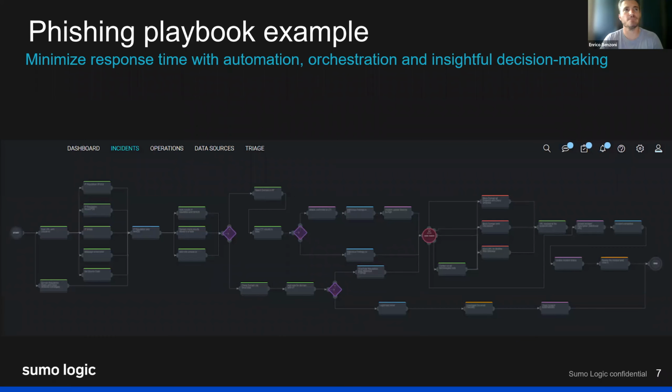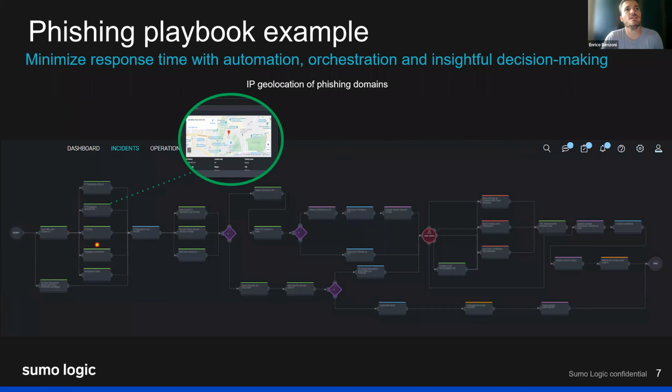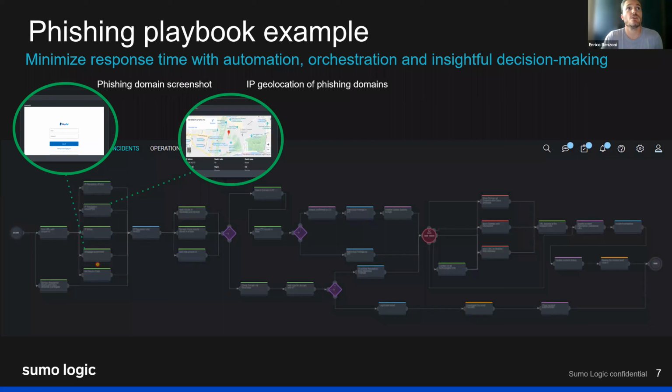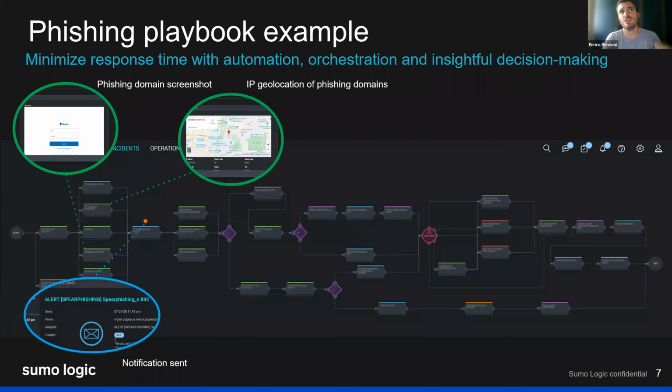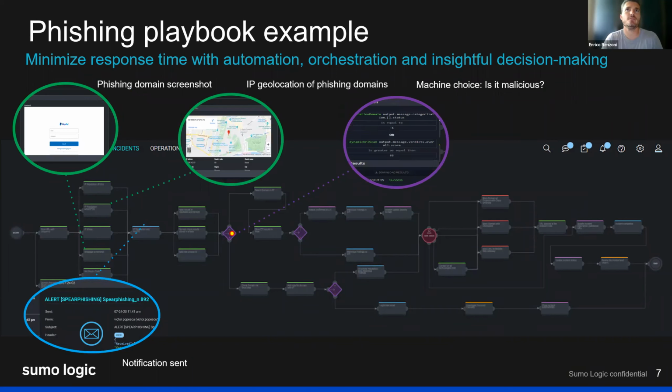This is an example of a playbook. This is a tailored incident response procedure for phishing. Basically, the SOAR can manage an inbox, and when you receive a potential phishing, this process can be activated automatically or after manual execution. Each box represents an action of a specific tool. So in this case, you have to take the IP geolocalization of the phishing domain, make the phishing domain screenshot, send a notification, and then there's the first